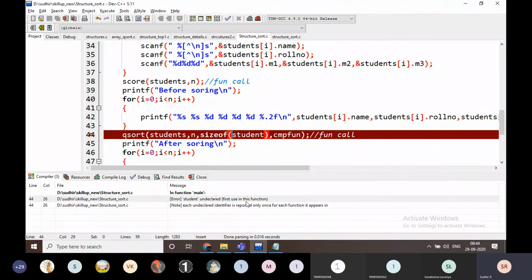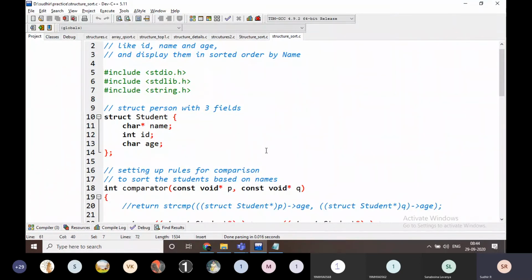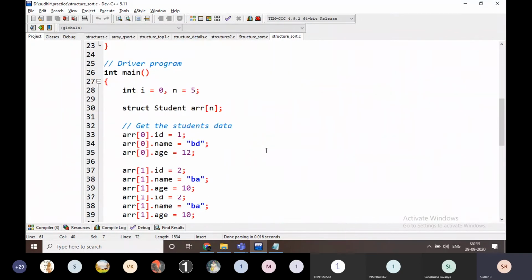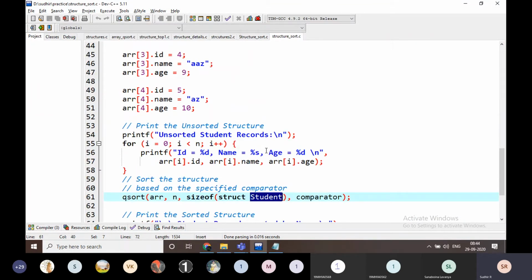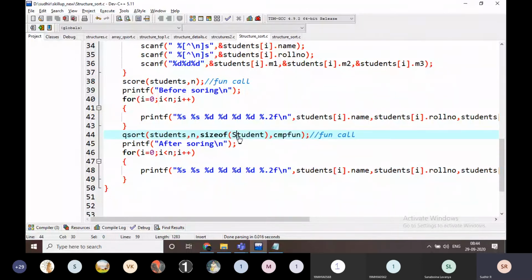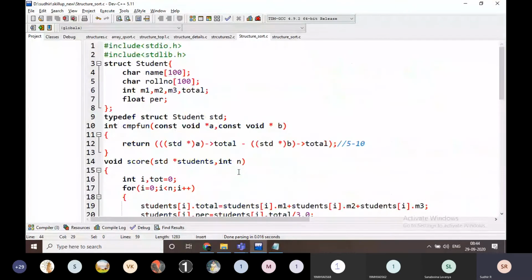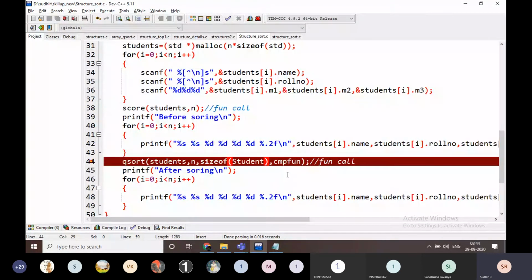Student undeclared in the function. Std.